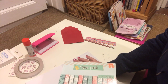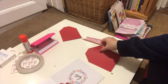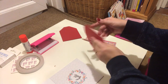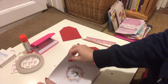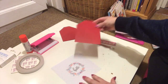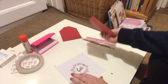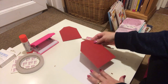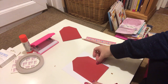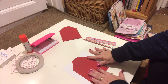So what I'm going to do is use this sheet, but back it up with some more card. And what I'm hoping to do is also make it reversible, so there'll be a design on each side. So I'm going to start with the hello one, and I'm going to find out the size, which actually is a pretty good size like that. So I'm judging that hello's in the middle. So if I put this on the reverse side roughly in the middle,